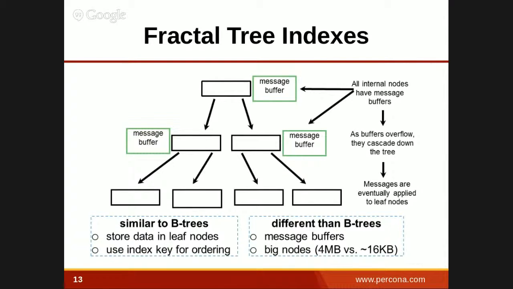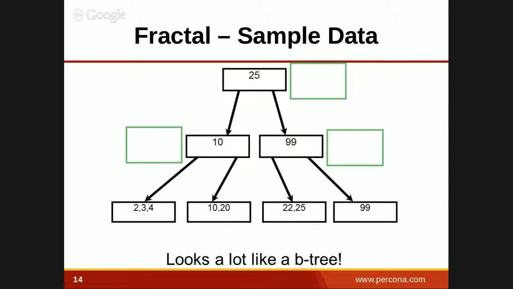And those messages are being stored in the buffers which apply to all internal nodes, right? And from that, they cascade down, right? So if the buffers are empty, you can see it looks exactly the same as a B-tree. And that is actually pretty good because what that gives us